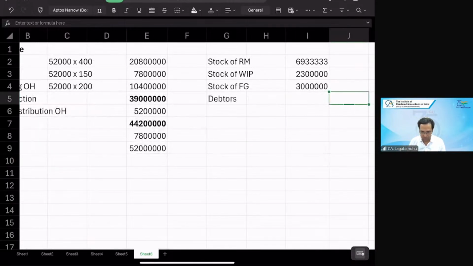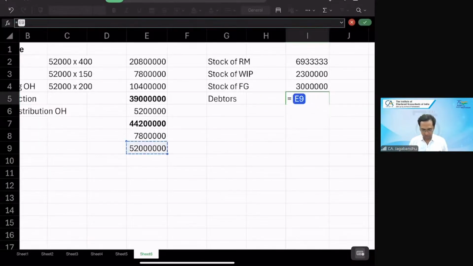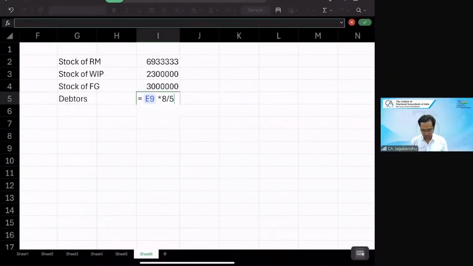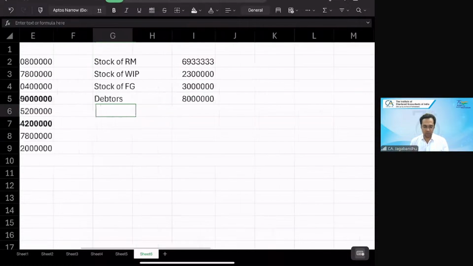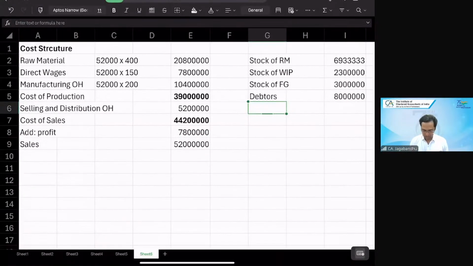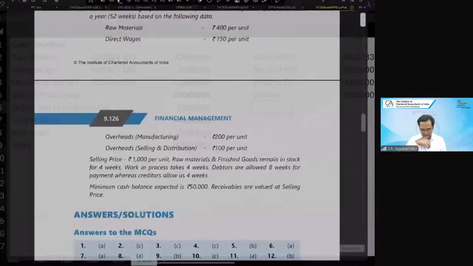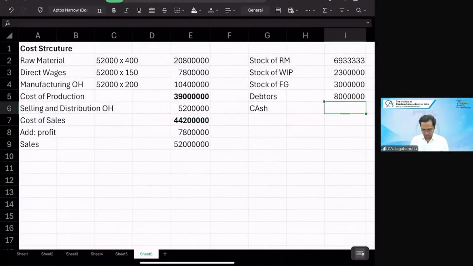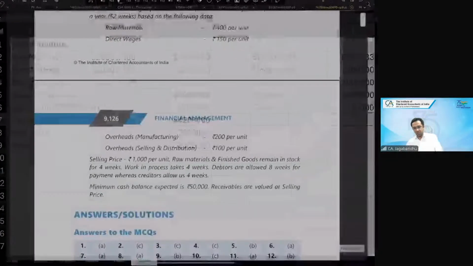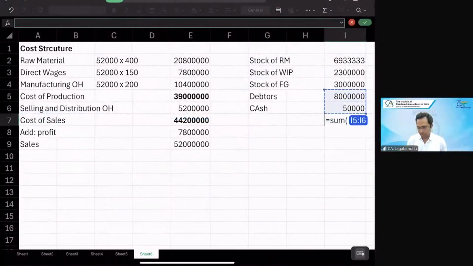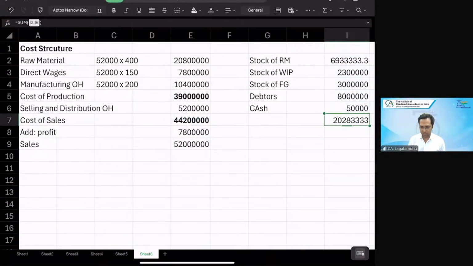So the debtors are going to be 52 lakh for a credit period of 8 weeks. So into 8 by 52, right? So that's your debtors. Then we take the cash balance. Cash is 50,000. So we take a sum of all of them to come at the figure of